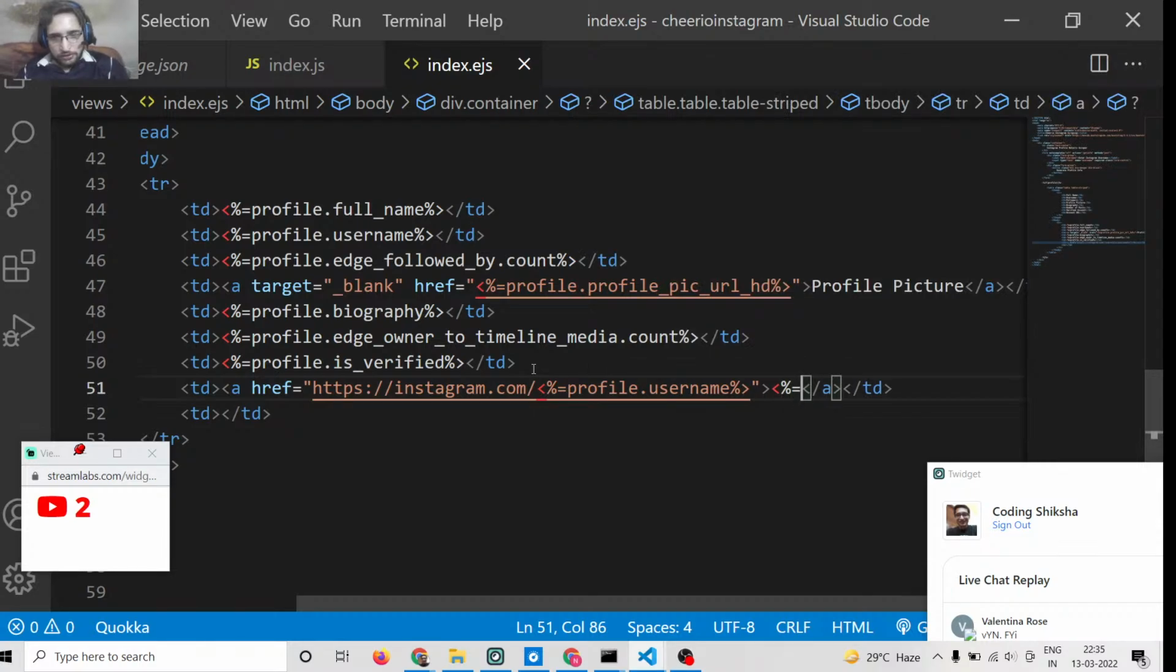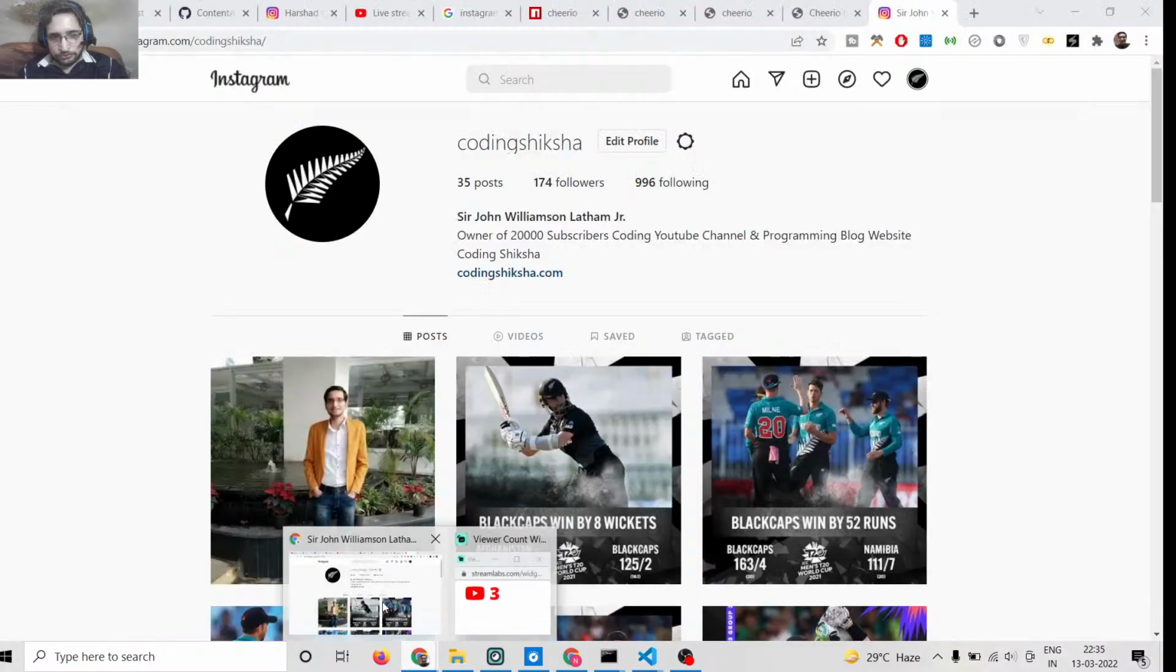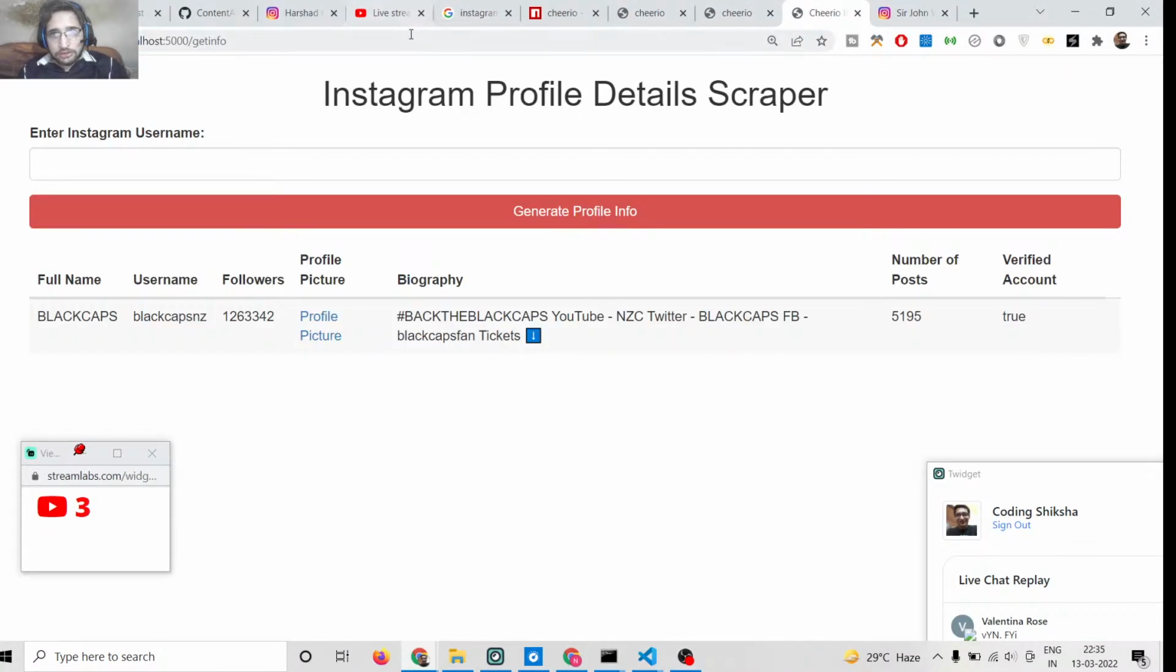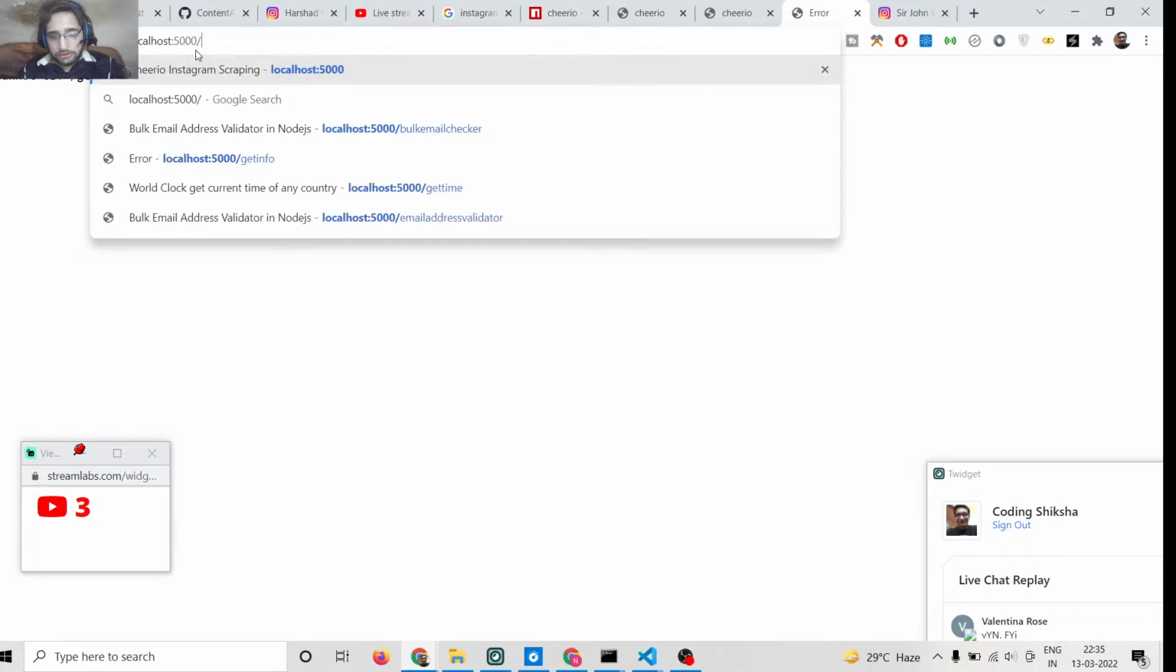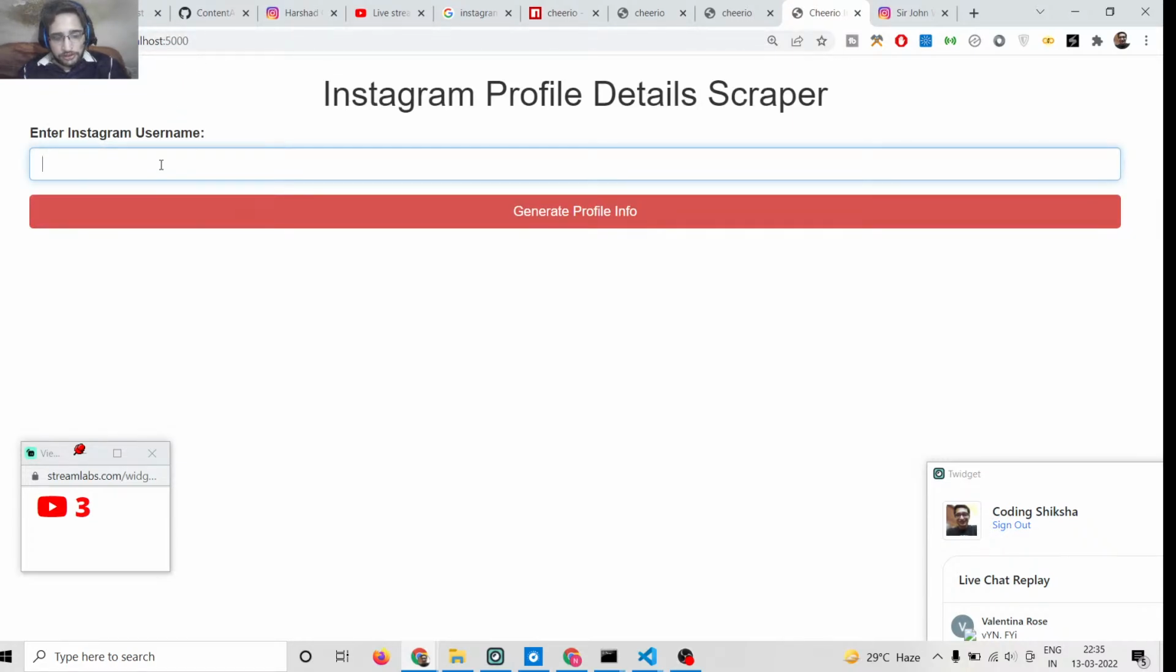So it will also be profile.username, the label simply, and this will also open it in a new tab. So we can add a target property of underscore blank. So now if I type,